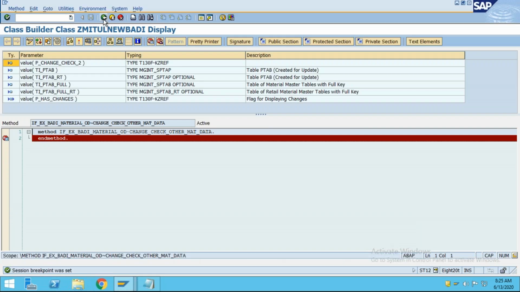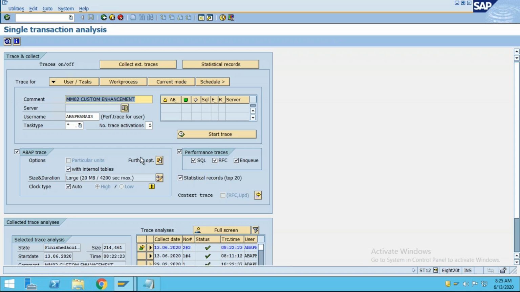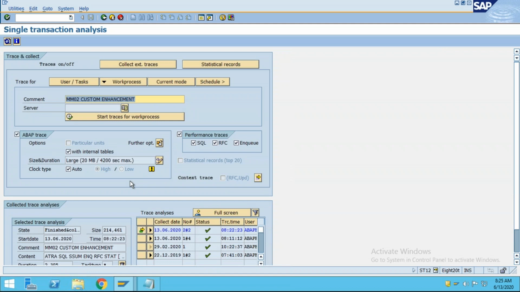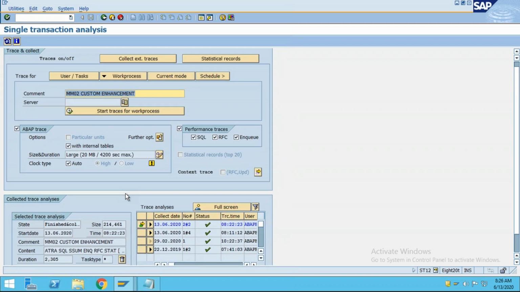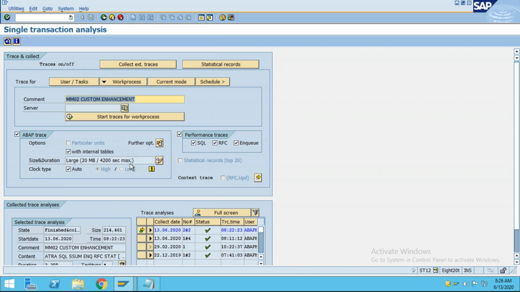Okay, just go back. Fine, so this is what we can do. This is the user or task, if you want to check the trace user-wise or task-wise, you can come over here and do it. Now the work process, we know that we have multiple work processes, right? Dialog work process, correct? Spool work process, background work process, right? Similarly we have the update work process. So generally we have 5 work processes, and for those 5 work processes we can enable the trace. So here, this is the local server, you can select this local server,